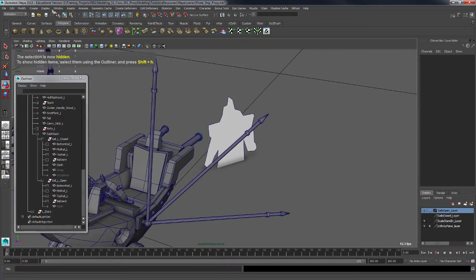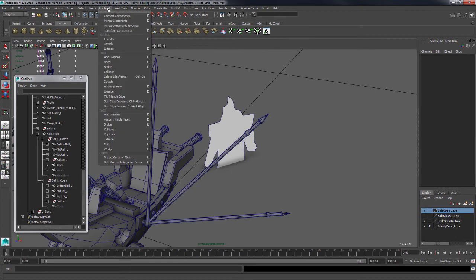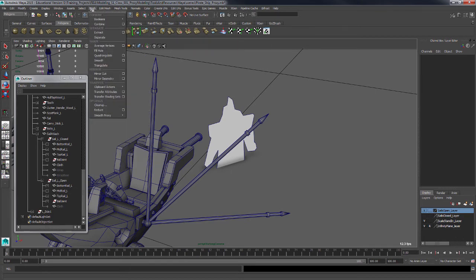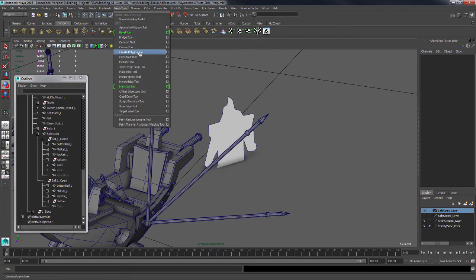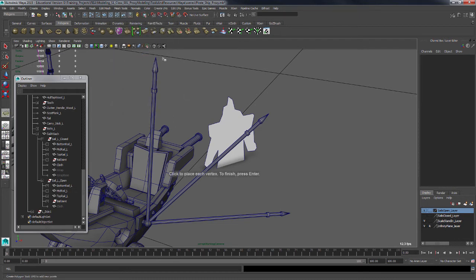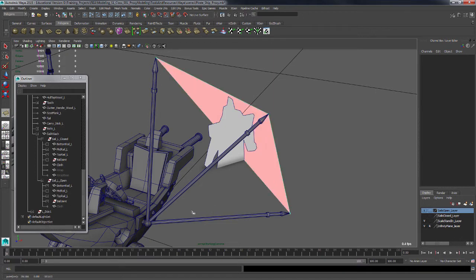But if we go back under our Polygon tool, under Mesh Tools, Create Polygon tool, and hold down V when we start drawing, that turns on Vert Snapping,